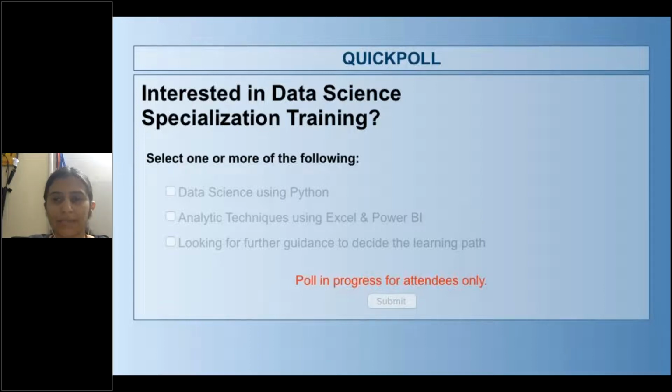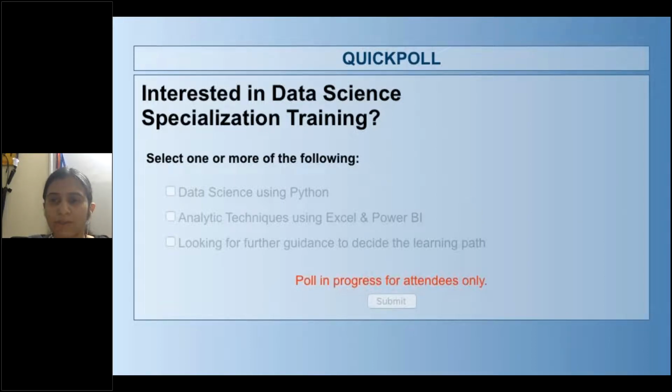Anurag asks, I'm doing MCA, I'm in the last year, am I eligible for placement at the end of the course? Anurag, yes, I believe you absolutely are. You can look at the qualification criteria on our data science using Python for students course, and I would say you are eligible. Of course, there are other criteria like percentage, etc. So just make sure you read the criteria, and you talk to our consultant about it.